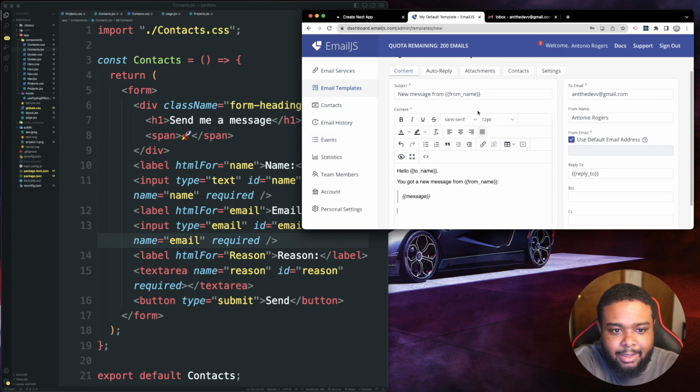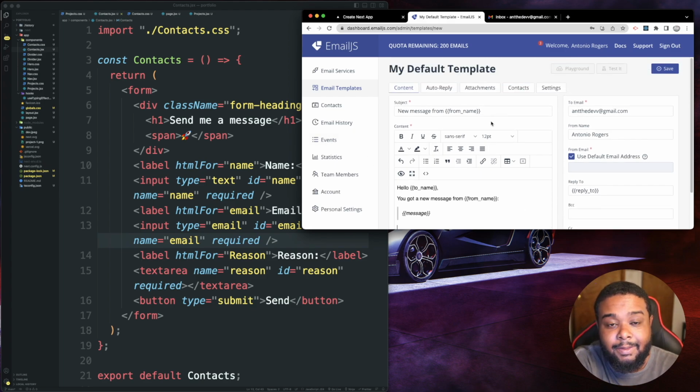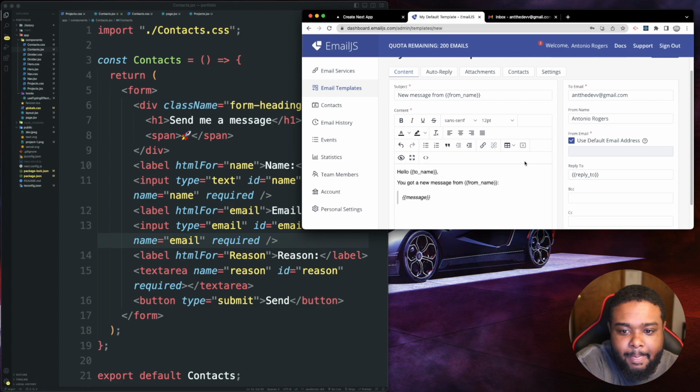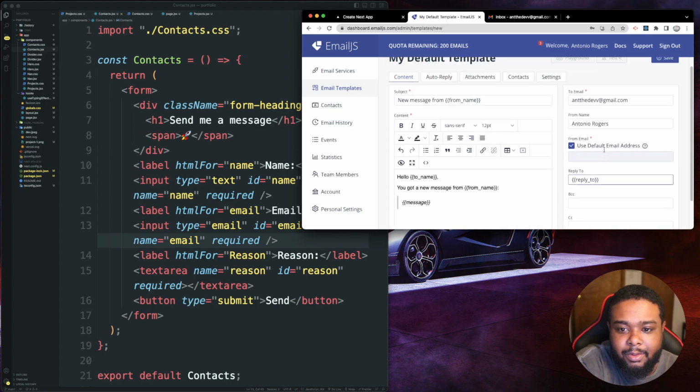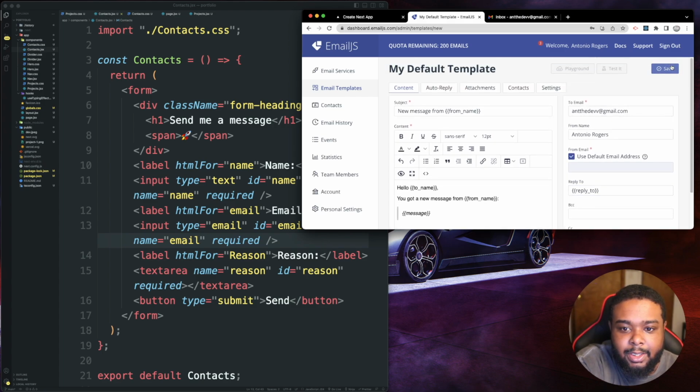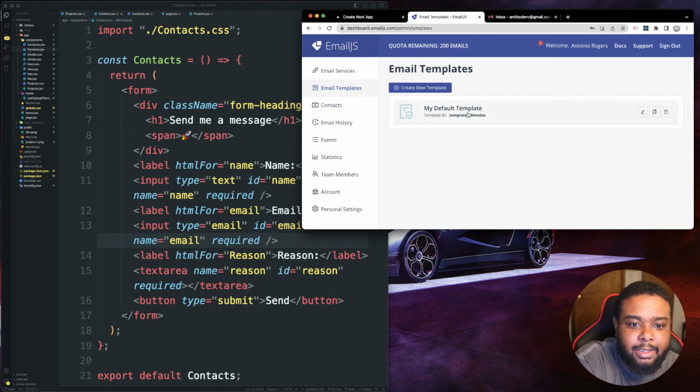And this is basically just how you're going to receive the messages. So you can just do it however you want. And then you just want to click save. So now it is saved. So that's your template. You get a template ID, and you also get your service ID. And those are the IDs we're going to need to add it to our